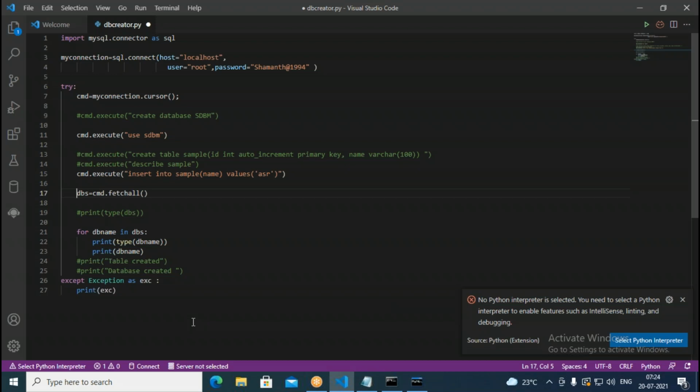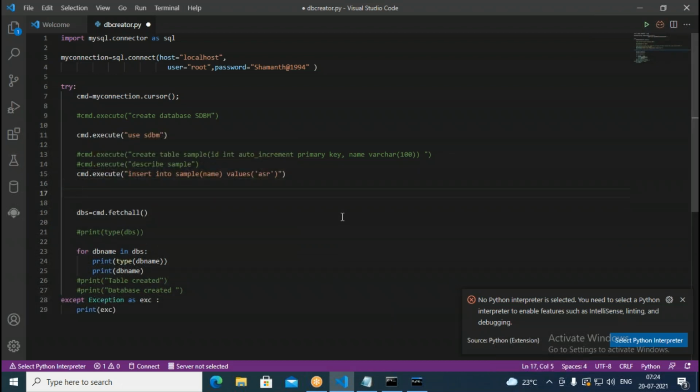Okay, that is fine. Here, I think I'm not using any commit command. Due to the missing commit, it's not working properly. So I should use cmd dot commit.